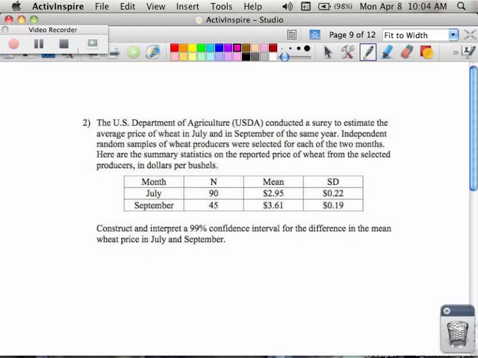So this is the only difference in this one compared to the other one: this time we're not going to be doing any kind of picture because we notice that both of our samples are bigger than 30. So we're good to go. So we start out with our statement, and we say that we want to find a 99%